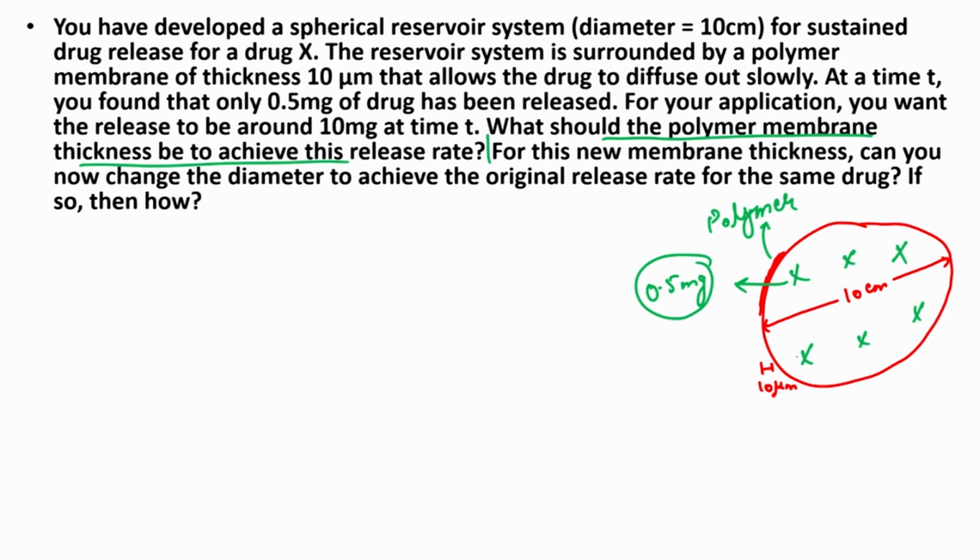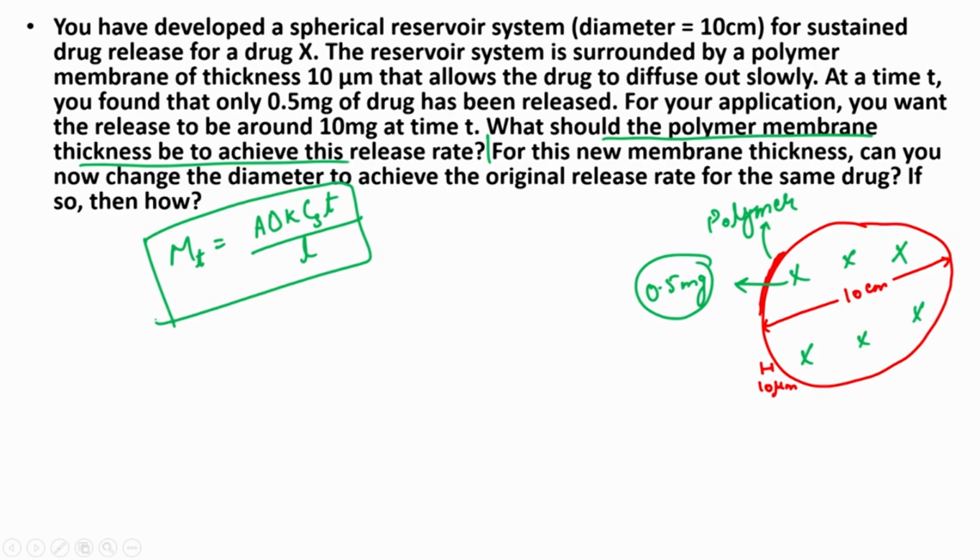So, we know that for a reservoir system the amount of drug released M_t is nothing but the area, the diffusion coefficient, the partition coefficient of the drug, the concentration of the drug in the membrane multiplied by time t, and the total thickness of the membrane. So, this we know for a reservoir system. So, now in this case if we substitute this, we are saying that 0.5 milligram. So, we do not know a lot of these values, but that is okay, we will let them be